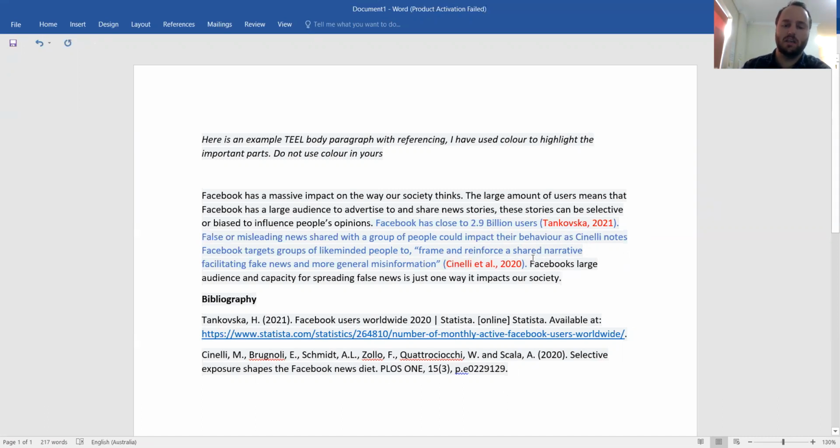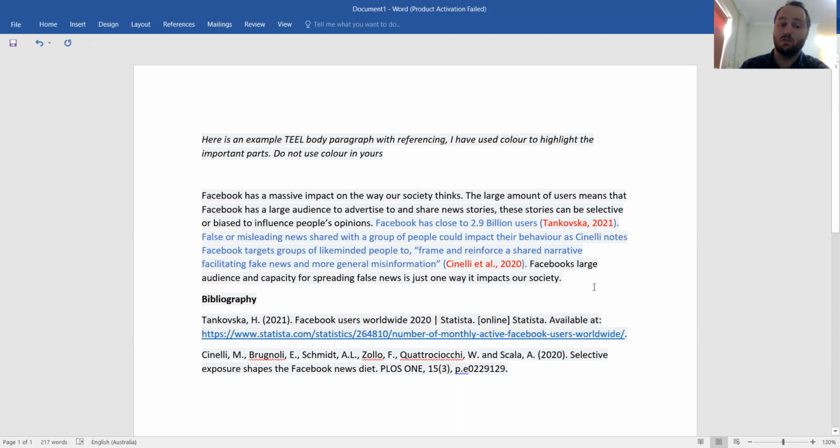And then finally, my linking sentence: Facebook's large audience and capacity to spread false news is just one way it impacts our society. So in summary, my evidence includes sources which are referenced. I Googled, found sources, put them into the generator and put in the in-text citation and the full reference.